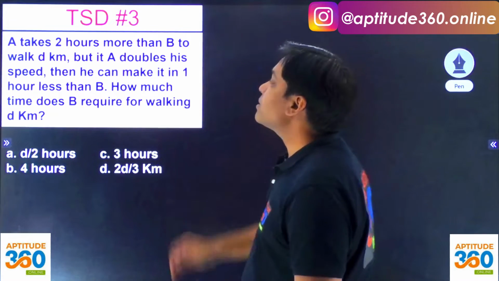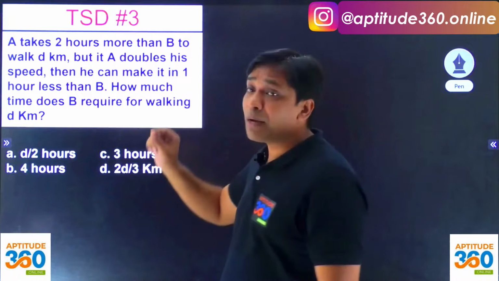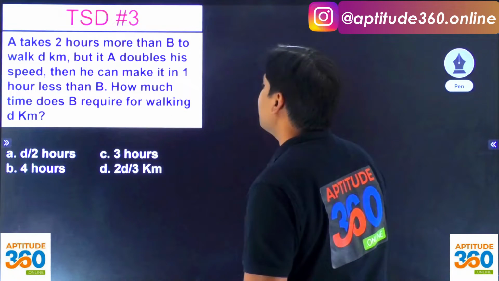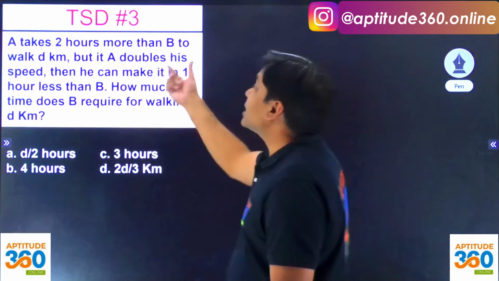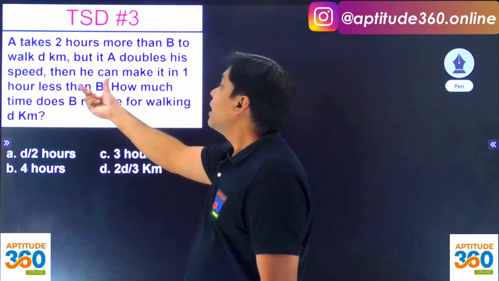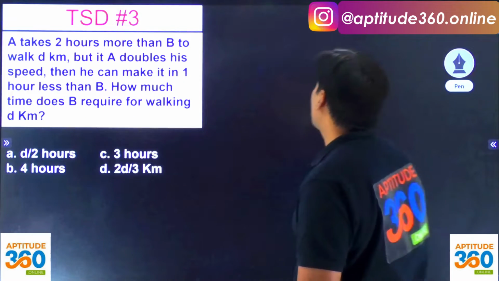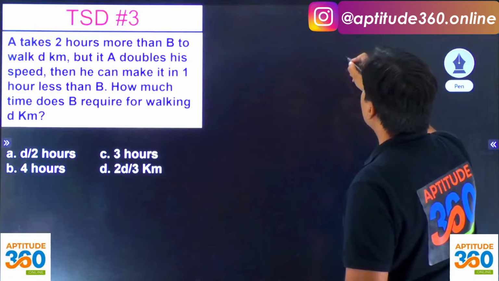Now let us try to solve this problem. This one is really very simple. It looks complicated, but it is actually not complicated. It says that A takes 2 hours more than B to walk D kilometers. But if A doubles his speed, then he can make it in 1 hour less than B. So first, let us take some very simple values. What values will we take? I would say that if it is B,